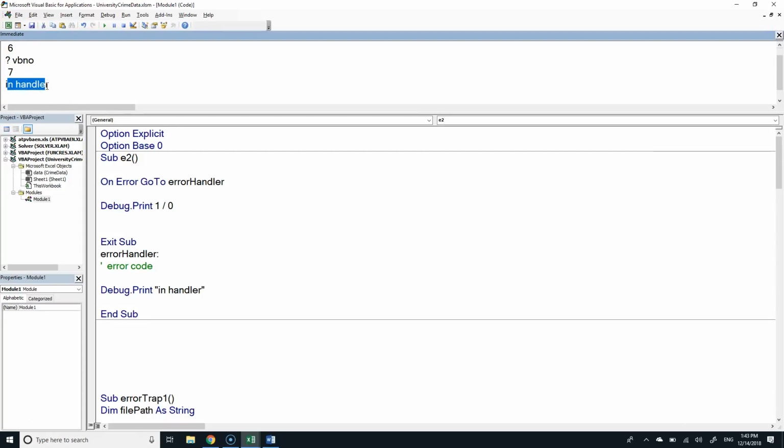The reason that I don't prefer this approach, and when you say it's not preferred, you're saying it's not preferred by me. There are a lot of people who think this is a great way to do it. It's because now, if I've got several things that could go wrong in my code up here, when I get down here, I've got to say, was it this? Was it this? Was it this? Was it error number? And the trouble is, once I get down here, I don't know the line the error happened on. So I don't get any information about where the error happened. All I know is that an error happened, and this is what error number it is.